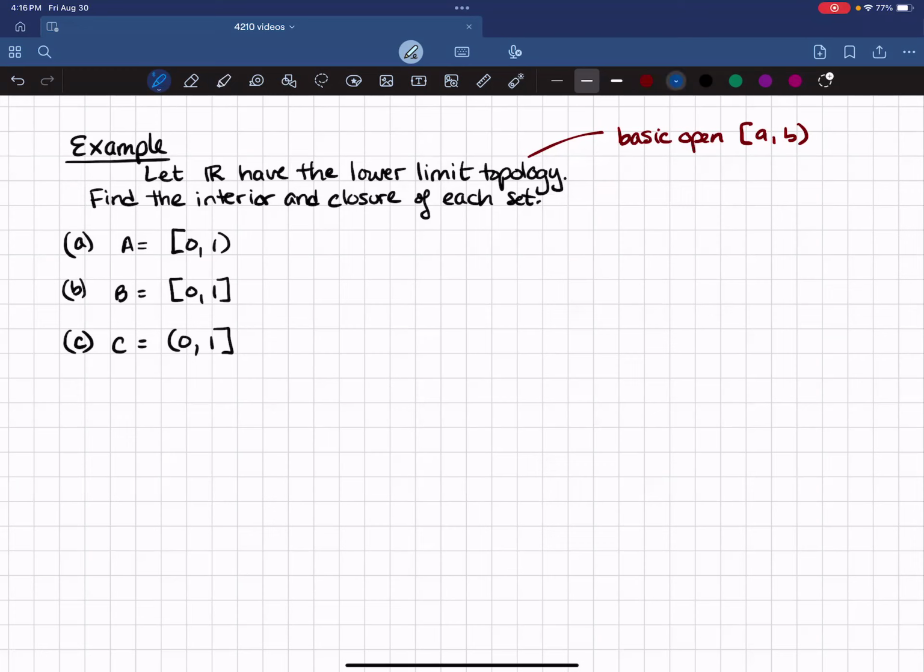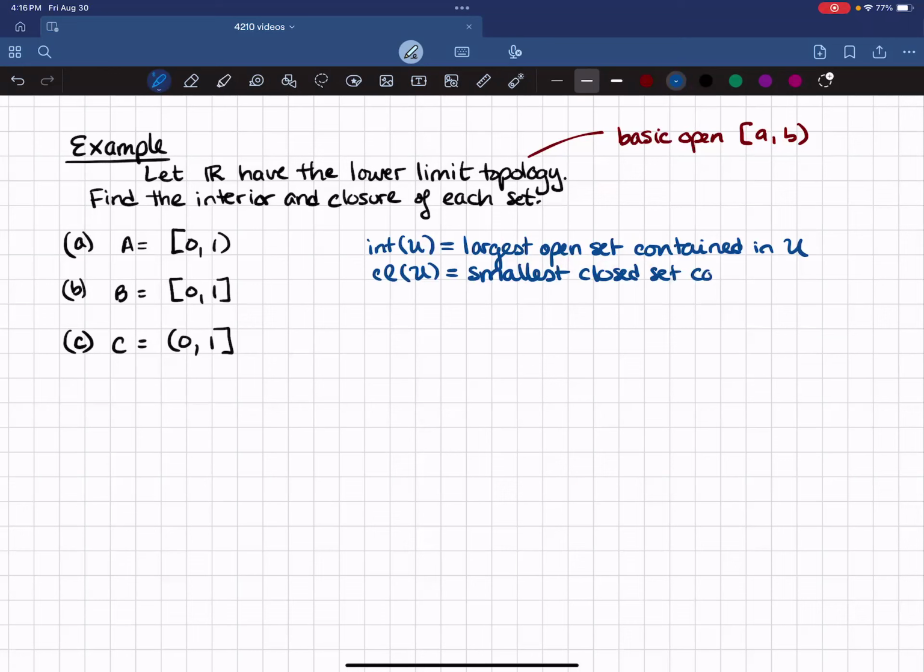And then we can also remember that in general, the interior of a set U is the largest open set contained in U. And the closure of a set U is the smallest closed set containing U